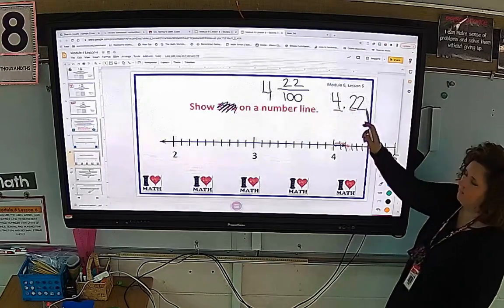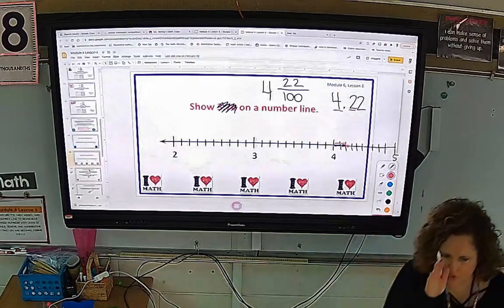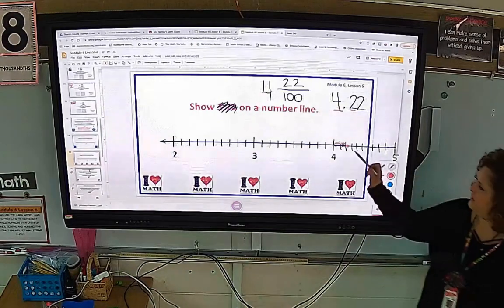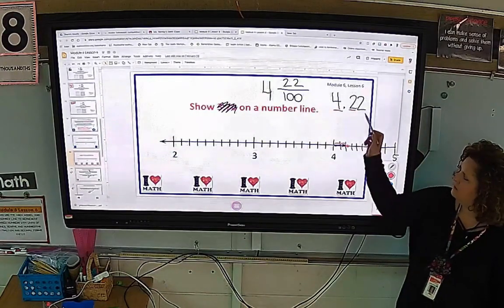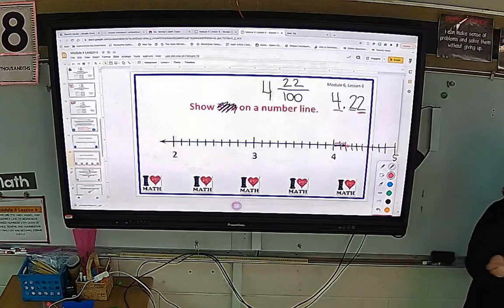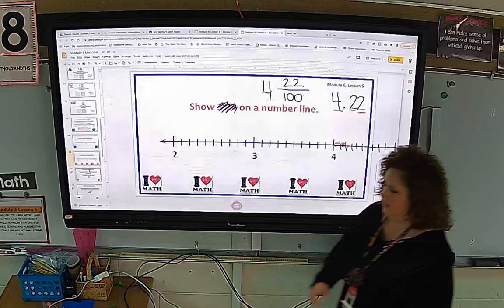It's not really in the middle. It's just 2 little hundredths over. Okay? So when our number line is so small, and especially when our markers are big, but even if we were working with a pencil, scoot over just a little bit to show that you are a little bit past that 2 tenths. Okay? All right.